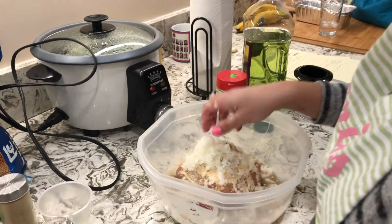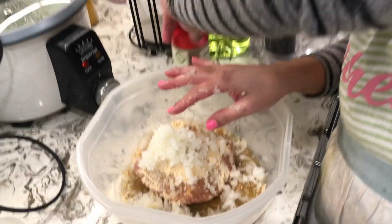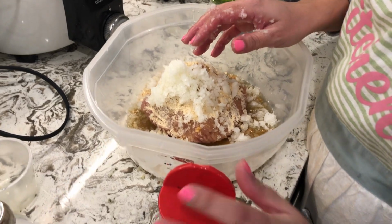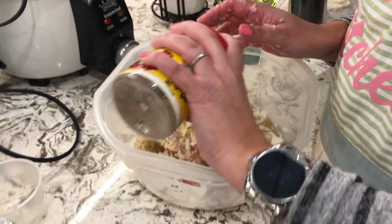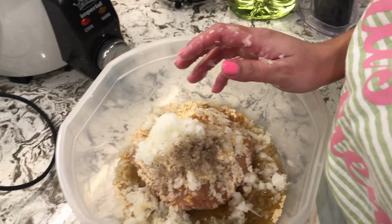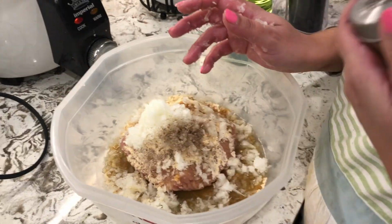Okay, there we go. And then I want to add some coriander myself. Okay, that's how I like it. But remember, just a little bit. And then I also want to add...